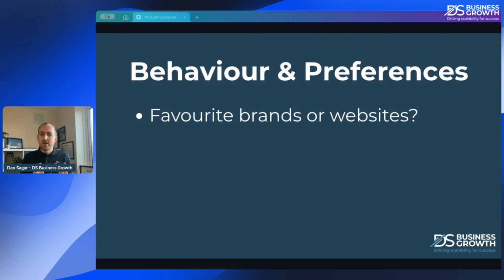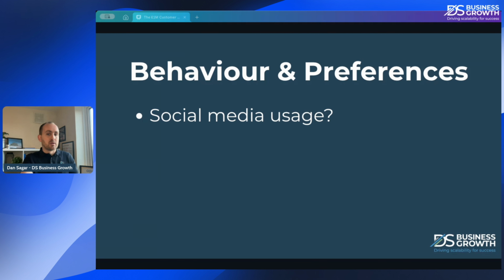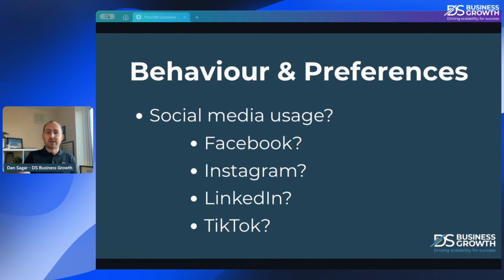So it's really important here just to have a little think about where these people are hanging out, just in general online, but then we can start to look at their social media usage. And I haven't included all the platforms here. Of course, we've got the main ones. We've got Facebook and Instagram. We've got LinkedIn, TikTok, YouTube. We've got Blue Sky, one of the new ones. Threads, I think we've got by Instagram. Okay, so there's all these kinds of different platforms. YouTube's, I would say, the biggest that we haven't got on this slide.